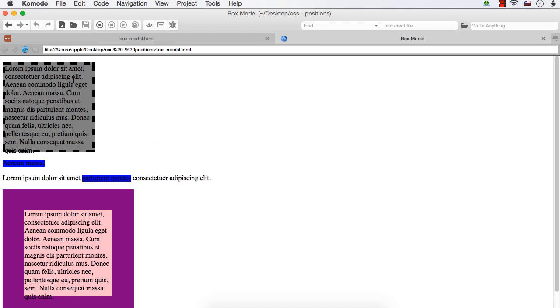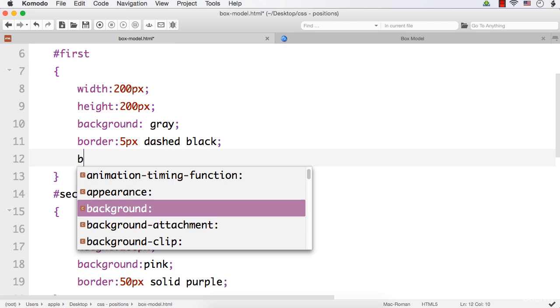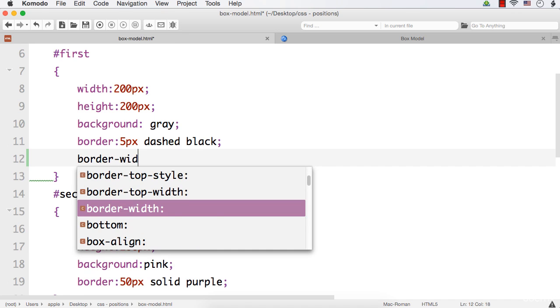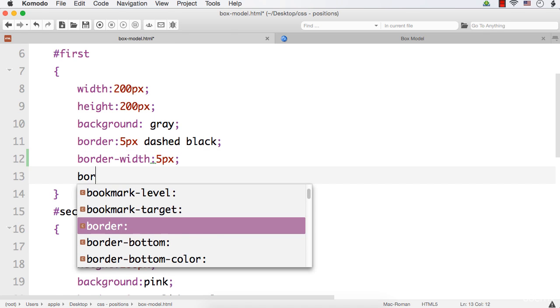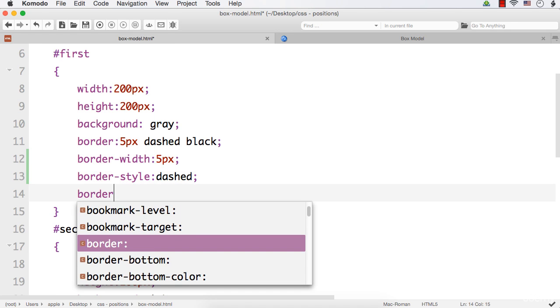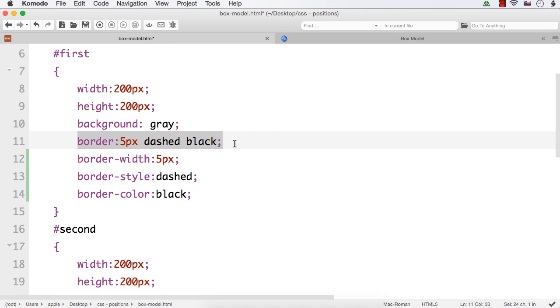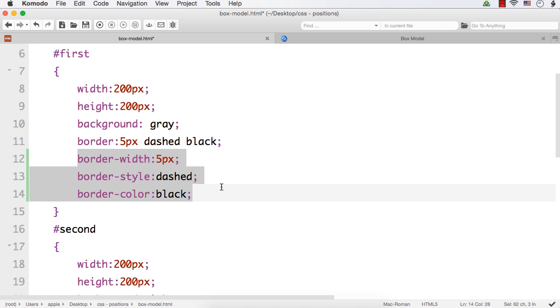So as you see here, the width is different for these two paragraphs with the same content. Now this is actually a shorthand property. If you want, you can use different properties for setting these values. That is, instead of border, we can specify border width, which is 5 px, then border style, which is dashed now, then also border color, which is black. So this one line is equivalent to these three lines. So this is a shorthand property and these are longhand properties.